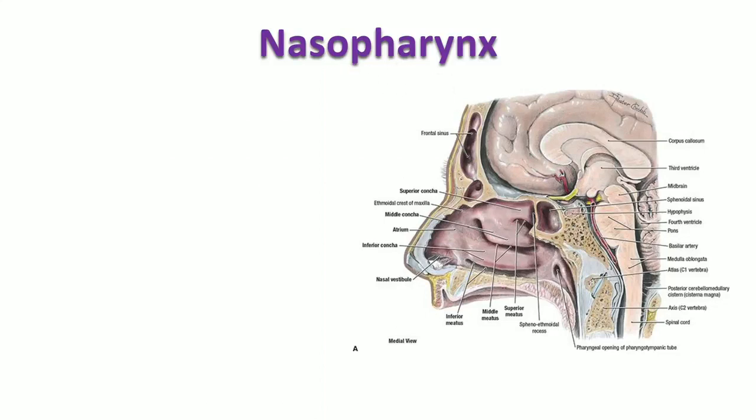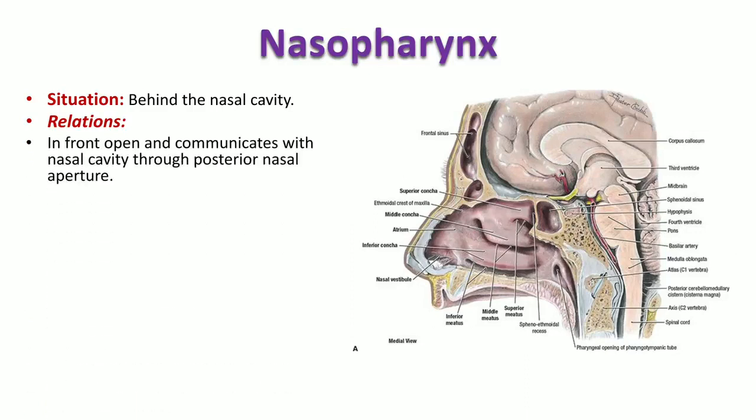So first we will be discussing the nasopharynx. The nasopharynx is situated behind the nasal cavity. Anteriorly it communicates with the nasal cavity through the posterior nasal aperture, also called the choana. So in front, as I told you, that is the communication, and behind